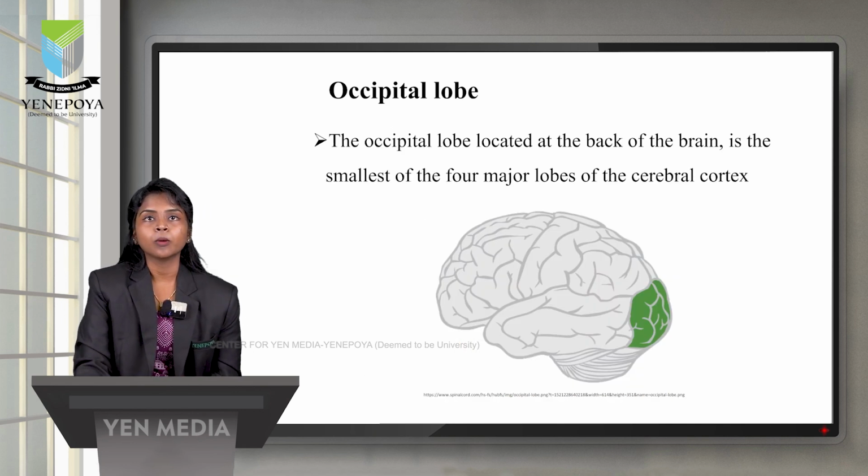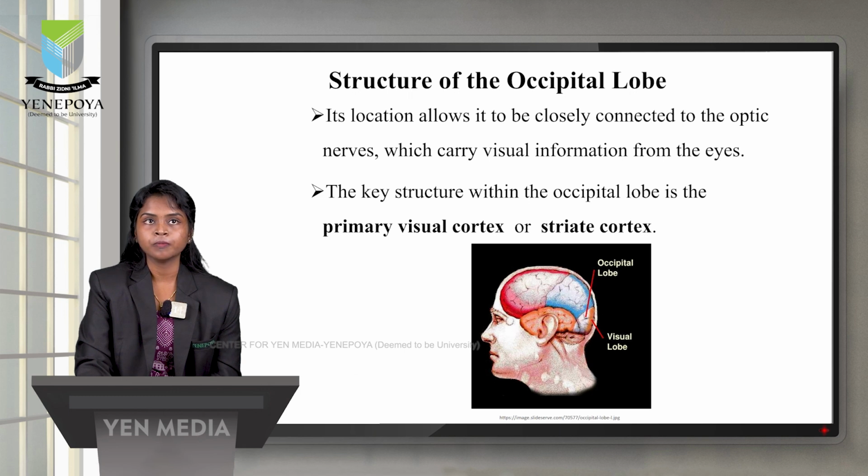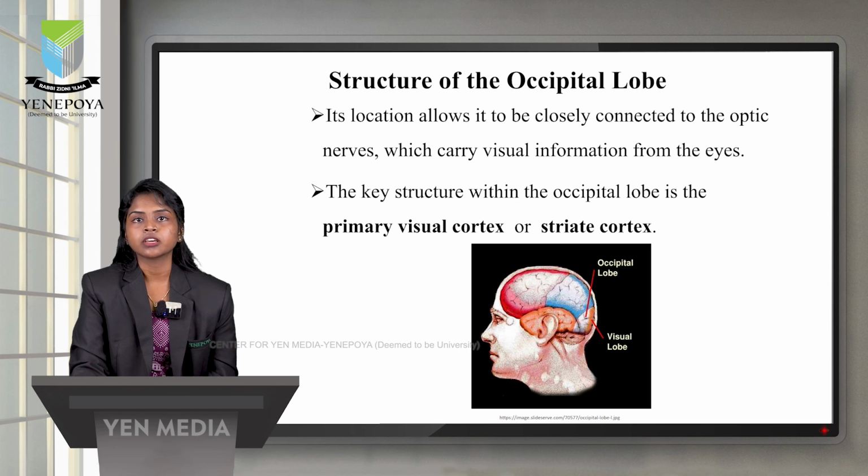The occipital lobe is located at the back of the brain, you can see in this image, and it's the smallest among all the four major lobes of the cerebral cortex. So we move on to the structure of the occipital lobe. Its location allows it to be closely connected with the optic nerve. You can see the image here, the occipital lobe, and next to it the visual nerve, which carries